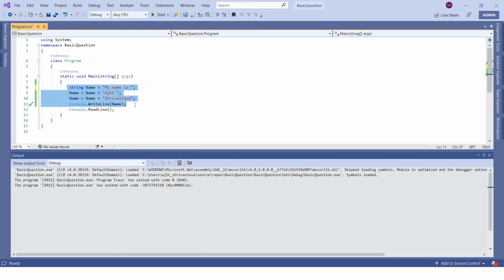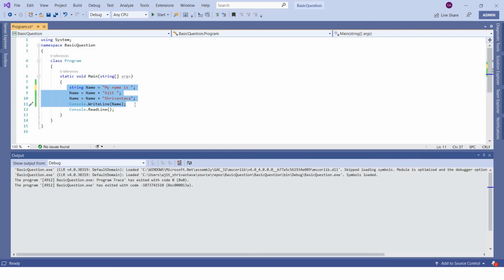So just keep in mind, whenever you use a string variable, make sure that you don't go ahead and modify the existing string again and again. Your question must be, then how can we work with a string? If I want to modify a particular variable again and again, then what to do?